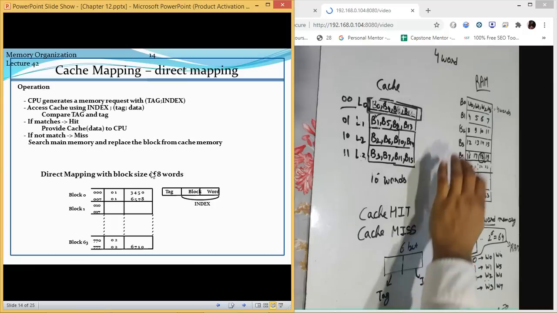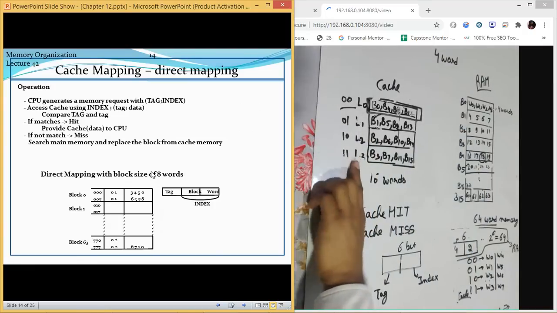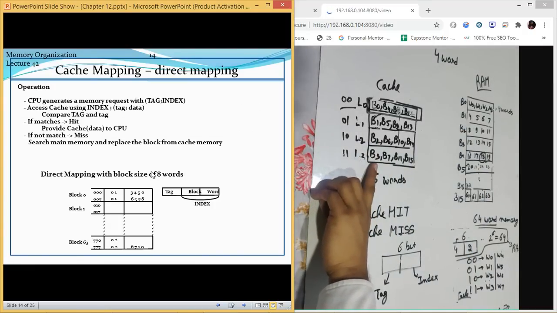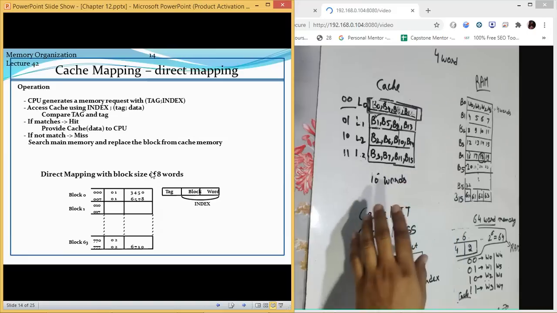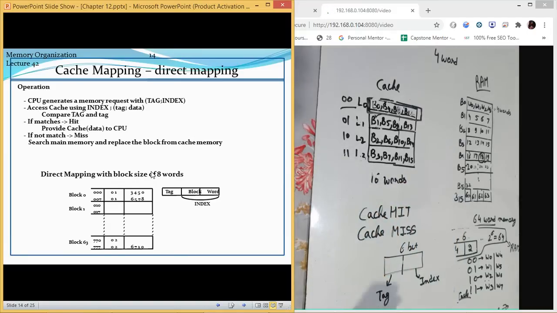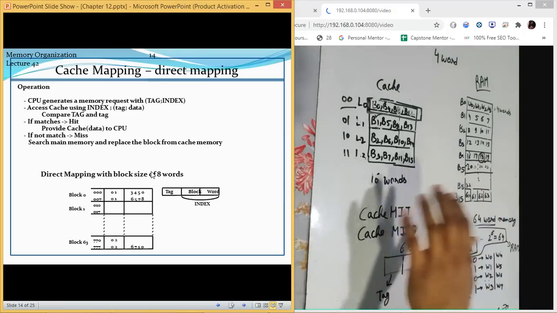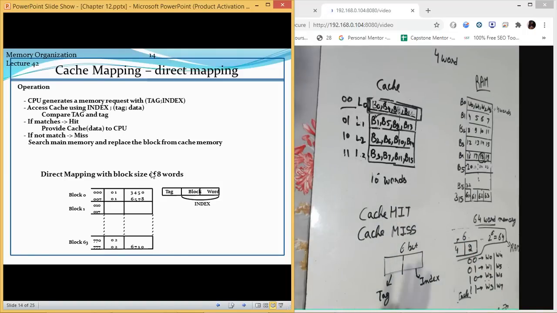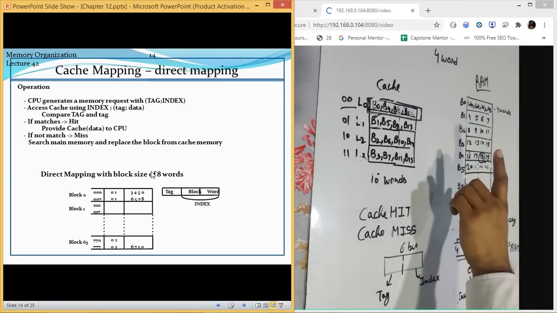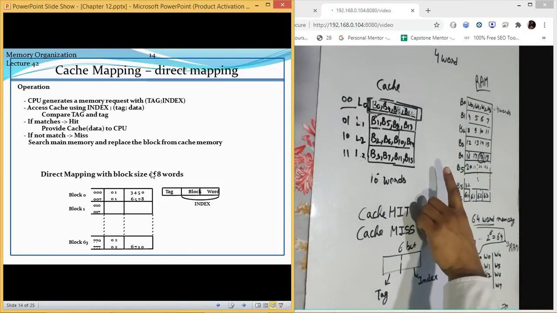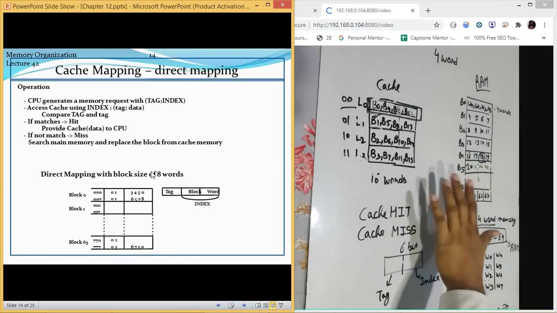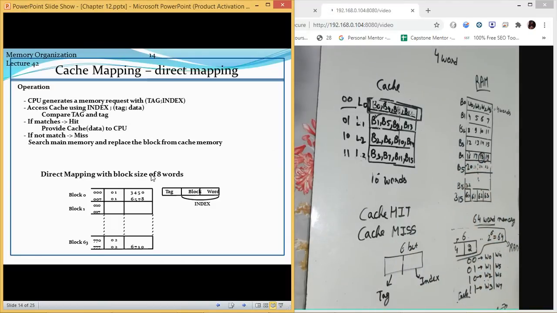Then the maximum blocks would be 8, and at this place, if we have 4 line numbers instead, then according to that we will work out how many values are going to get stored at what location. So that would have been different. You can refer to your book to understand this concept, using an example of 8 words. Currently, we have done it for 4 words. If you want to do it for 8 words, you can refer to your book.